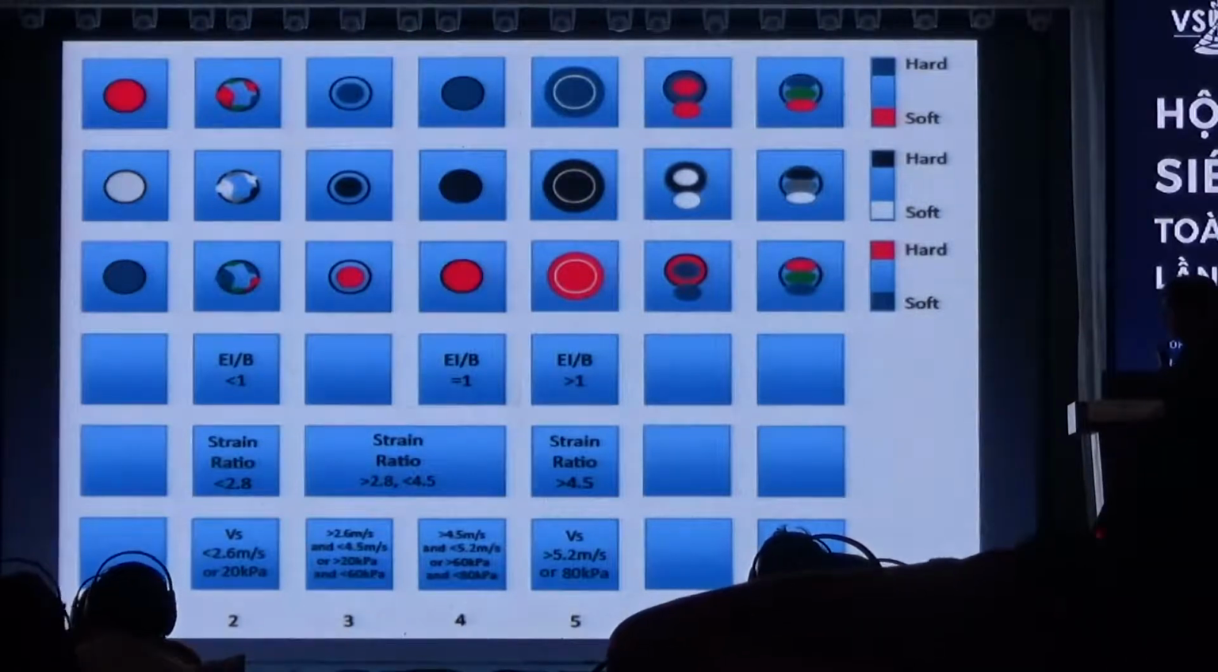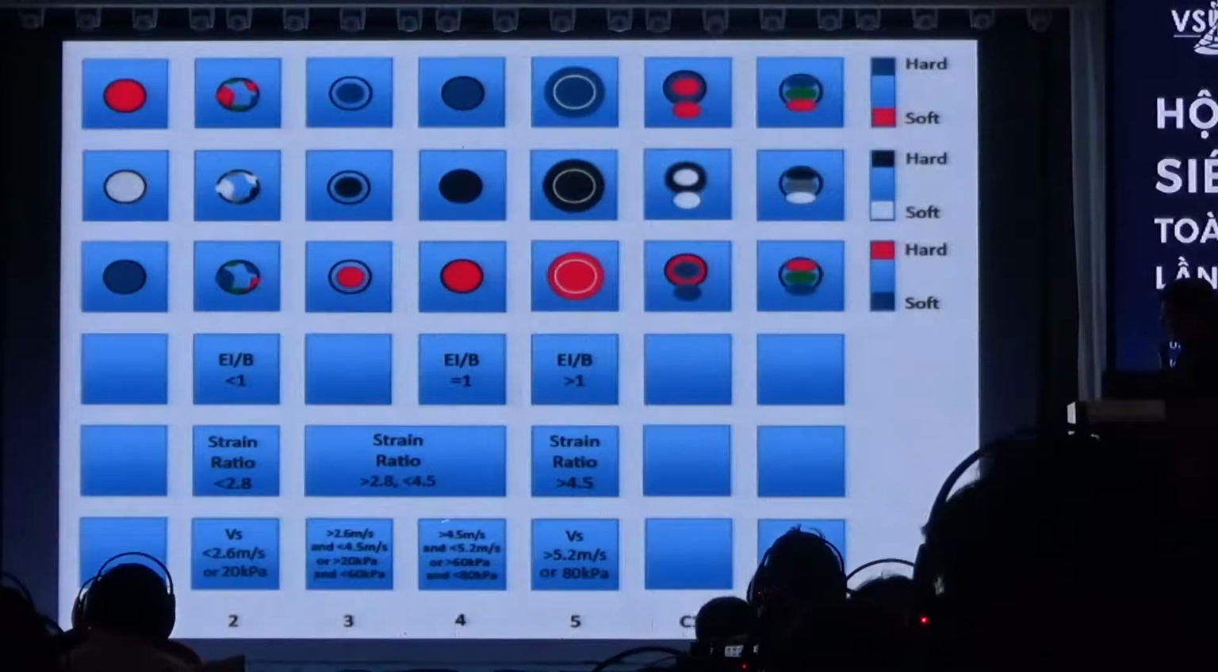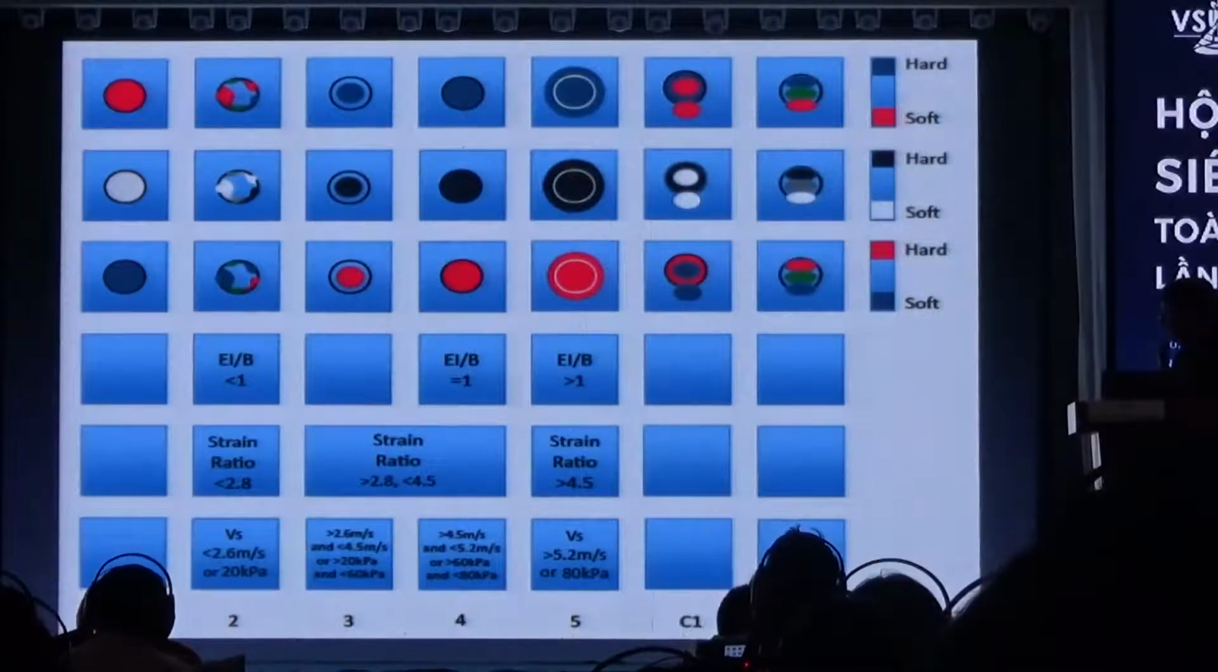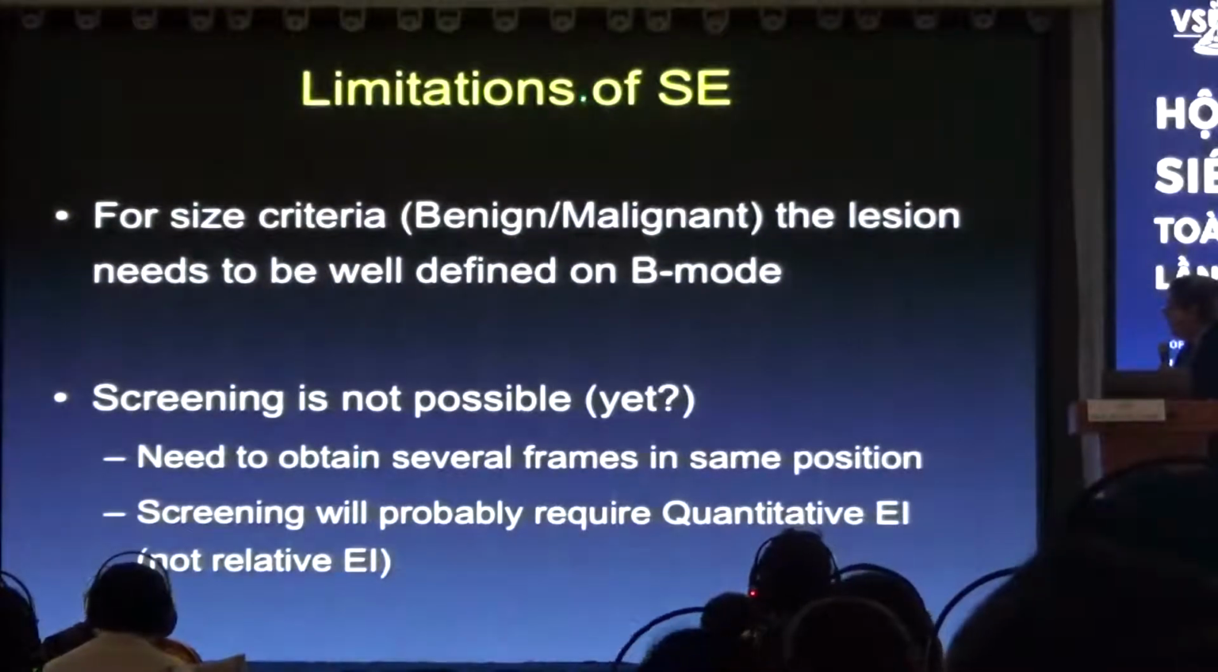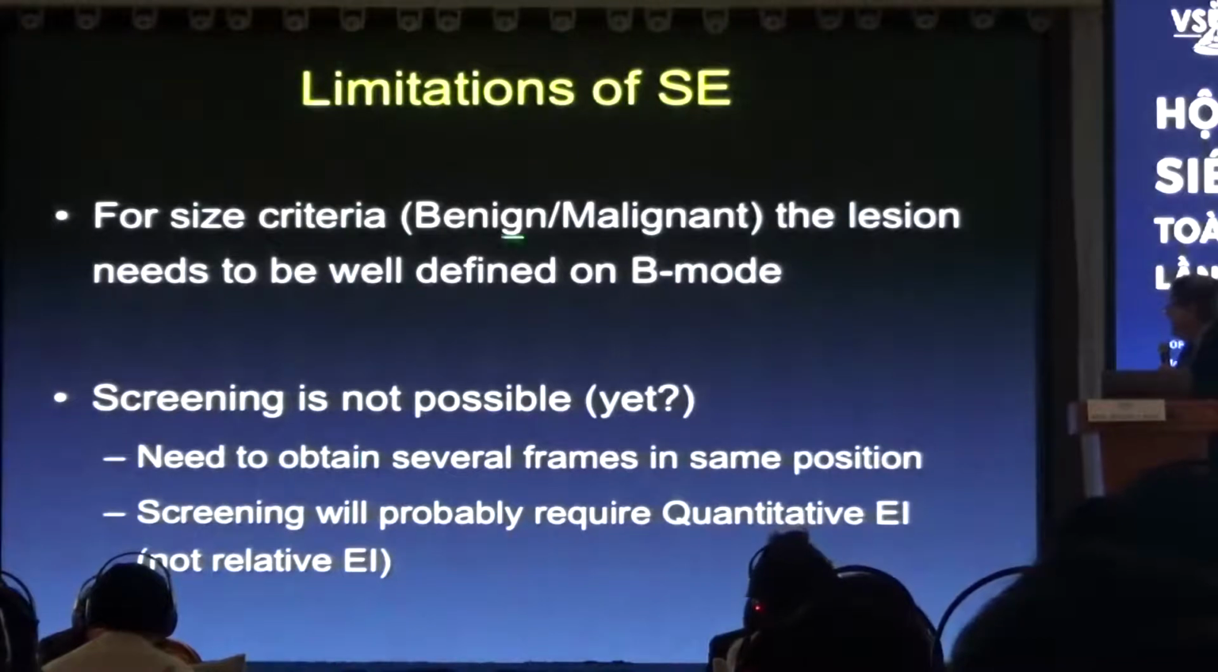And those are still, that's several years old now, but I think that's still pretty good. And we went by the literature as to how to split these up. So I think we did a very good job, and I think that would be a very helpful paper for you to get started. One of the problems with shear wave is, for the size criteria, you need to see